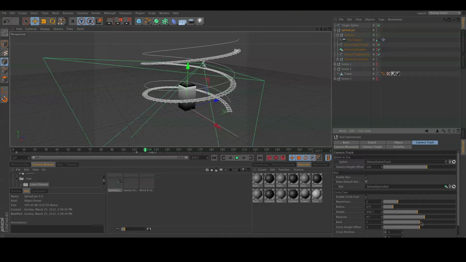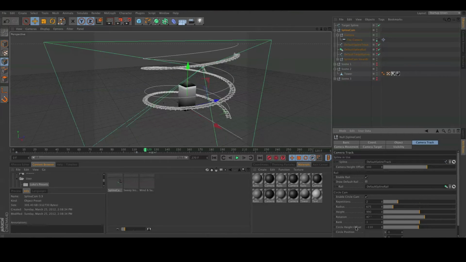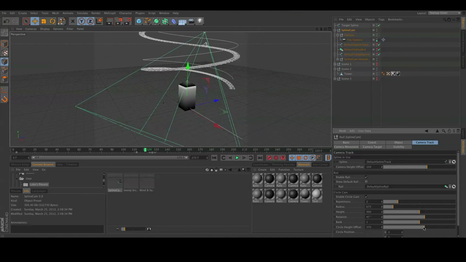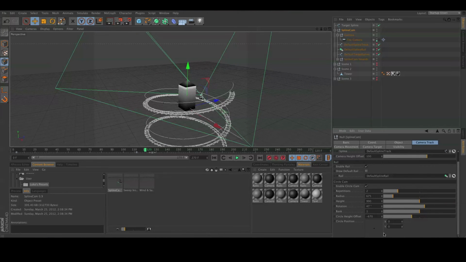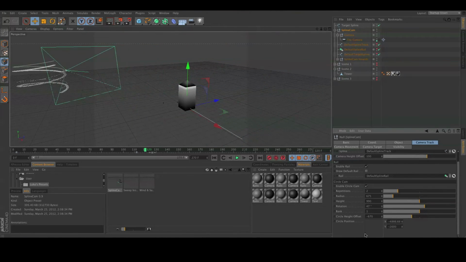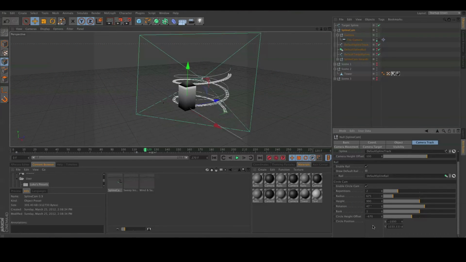We also have a bank setting so that if you want the track to be curved in or curved out, this will come in handy later on when we get to our third scene. So the height setting would just adjust the distance from this point down here to that point up there, whereas the height offset is moving the whole track up or the whole track down. We also have this positioning setting, which allows you to move the track around in your scene,